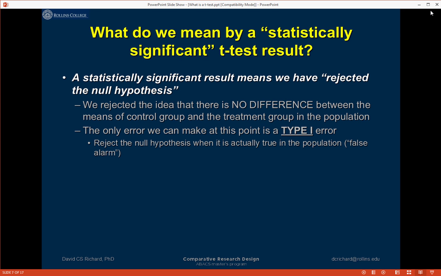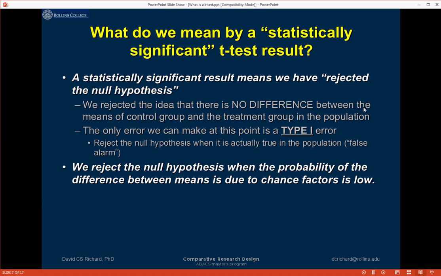So we reject the null hypothesis when the probability of the difference between the means being due to chance factors is very low, less than 5 in 100. Now typically, the lower the p-value, and this is something you have to wrap your head around, the lower the p-value, what that means is, let's say p less than 0.0001, that the probability that any difference in the means we're observing is due to chance is really, really low. So as an experimenter, I want to see a low p-value,